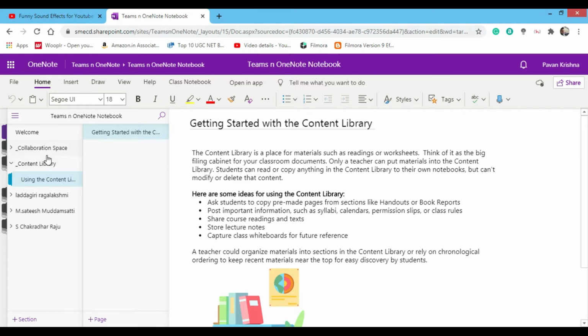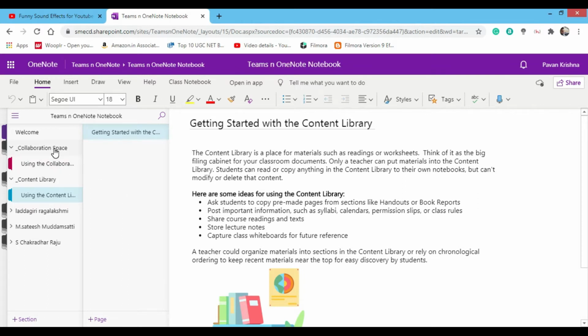Over here you will see three sections. I mean to say three columns. The first column speaks about sections that are present in OneNote. These are called sections, and this particular column is about pages. Whenever you click on a particular section, this second column will represent the pages that are present in that section.